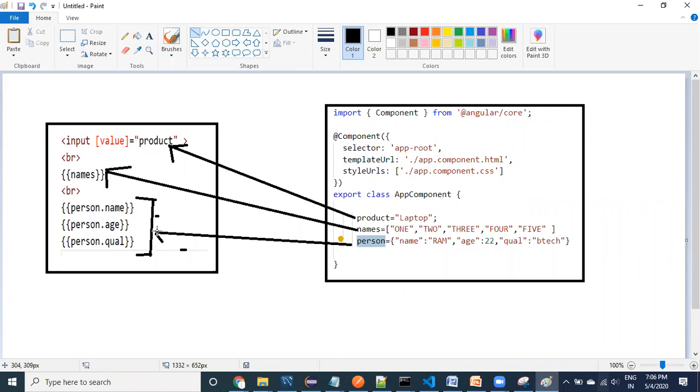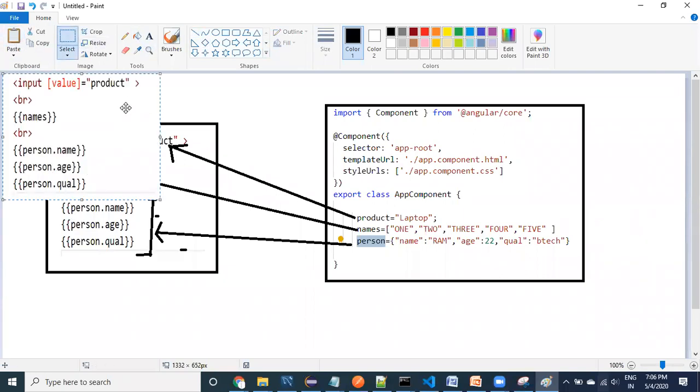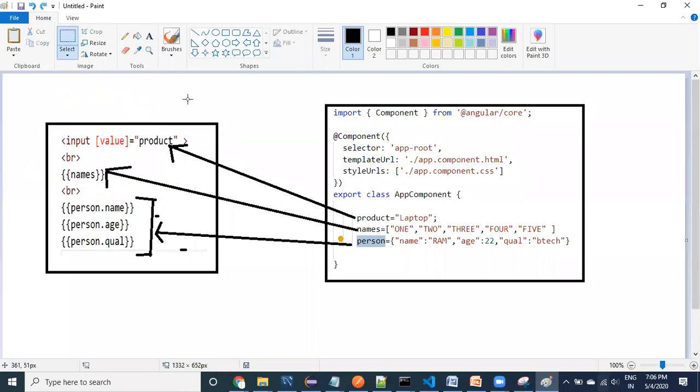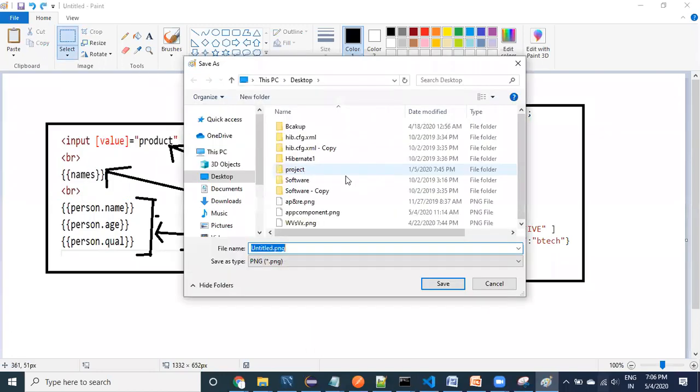So using string interpolation, see here guys, whatever properties are available in the component class, those properties we are using in the HTML. This is a simple value, this is one-way binding. Let me save this.